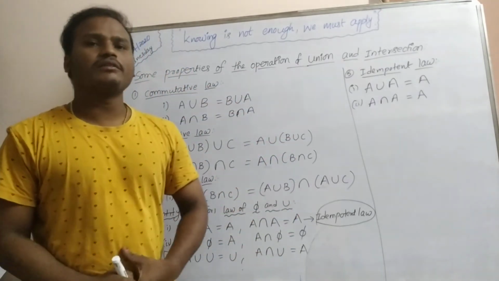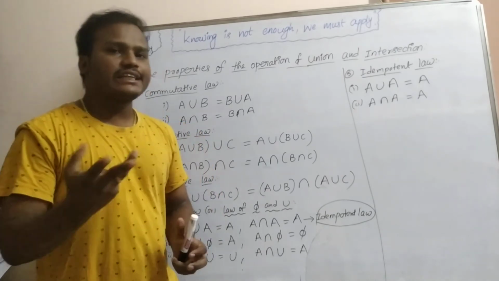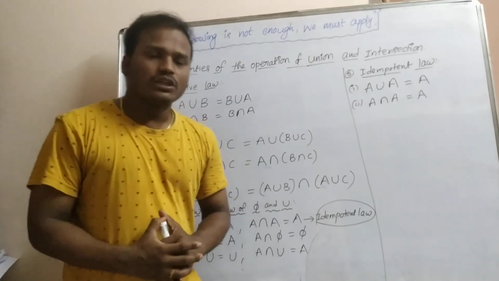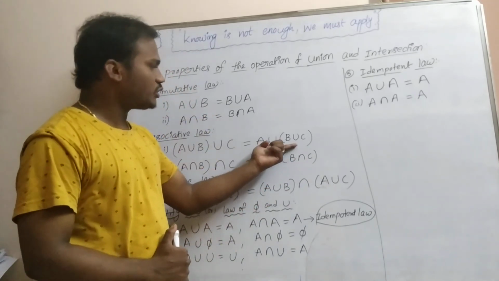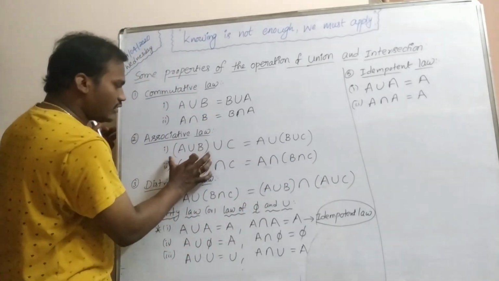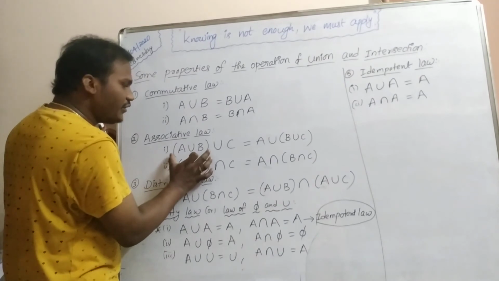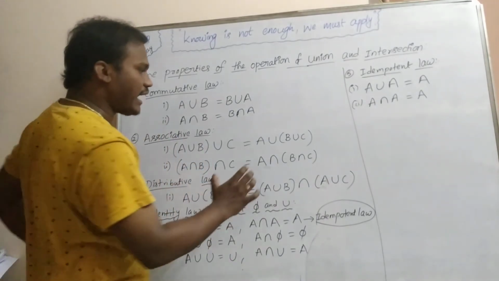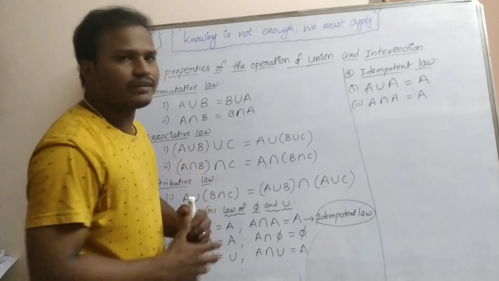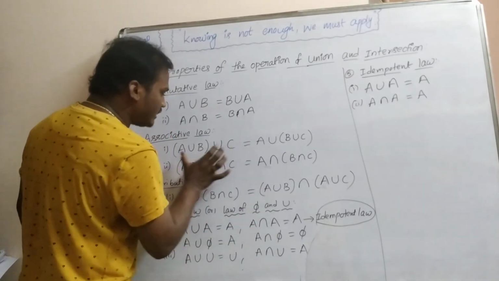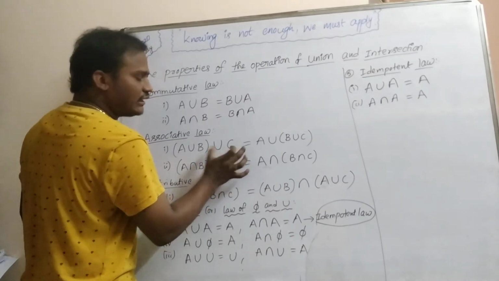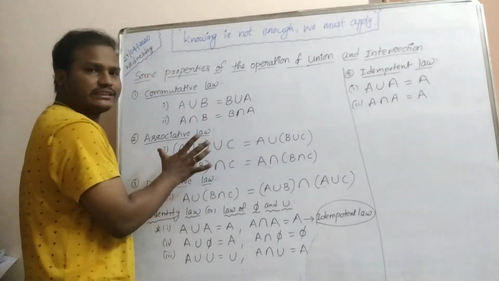We can go with some examples also, on how to prove. We can take three sets A, B and C. When you are finding these things, for the associative law, when there is a bracket, all of you can see the bracket. A union B we should find first. In the bracket, that set we should find. After finding that set, we should find its union with C afterwards. That set union this set, then the total combination is the result, LHS.